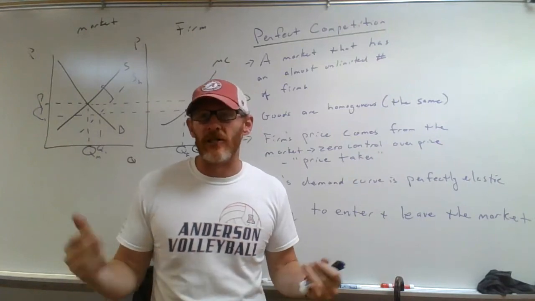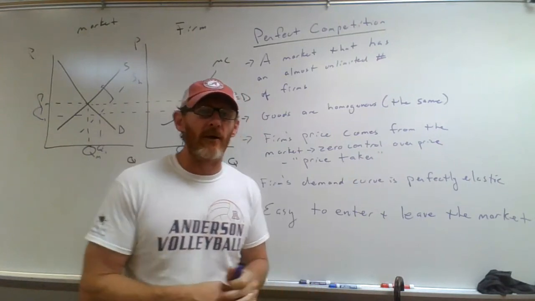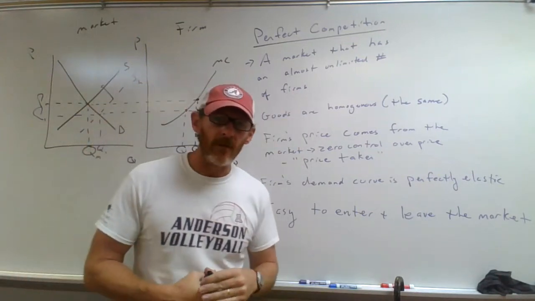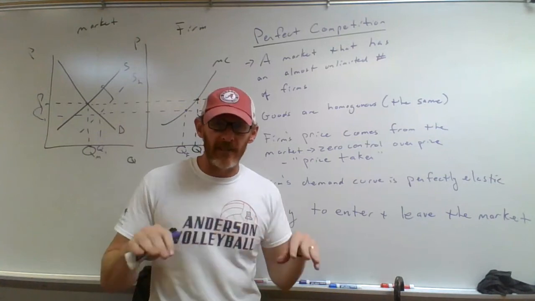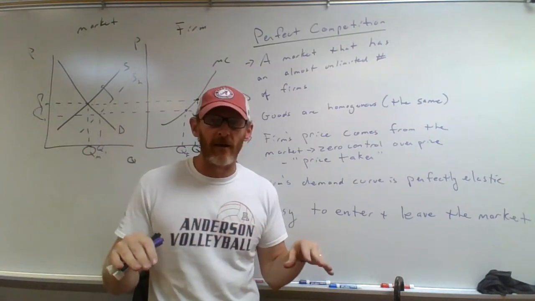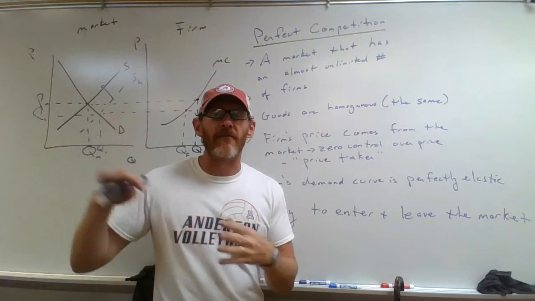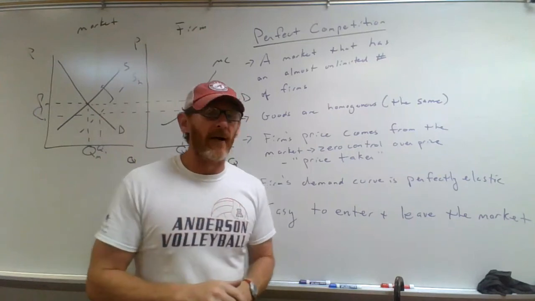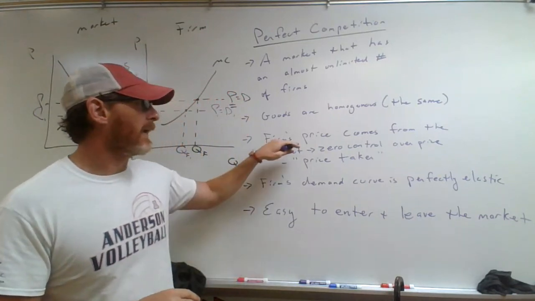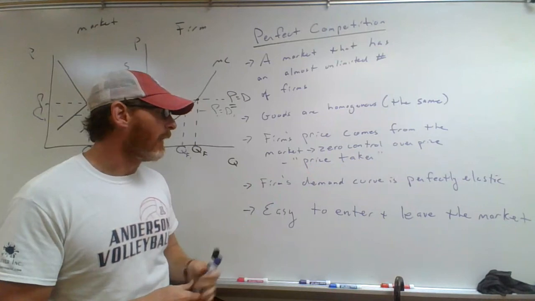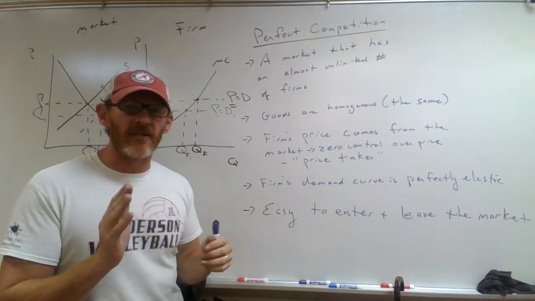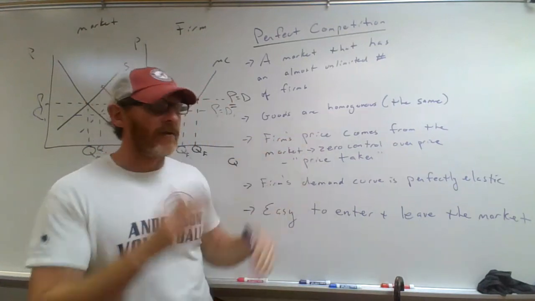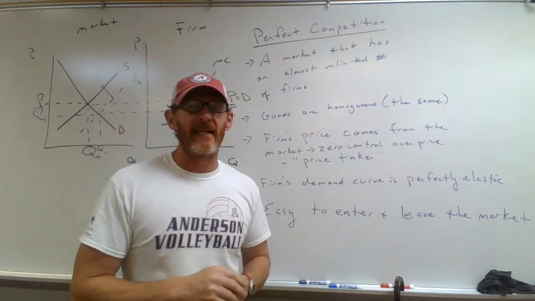And they tend to just be agricultural products because those tend to be the only types of products that are almost all homogeneous and have an unlimited amount of firms in the market. So this is a perfectly competitive market. Perfectly competitive firms get their prices from the market. The market price is determined by supply and demand, which is always moving, right? And these firms, because they get their price from the market, are called price takers. And again, because it's 100% substitutable, because there's so many substitutes, because the goods are homogeneous, then the demand curve for that firm is elastic. All right.